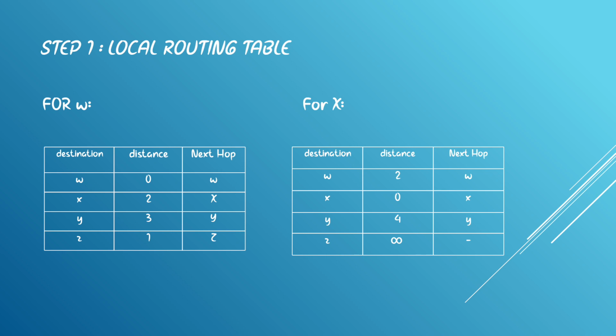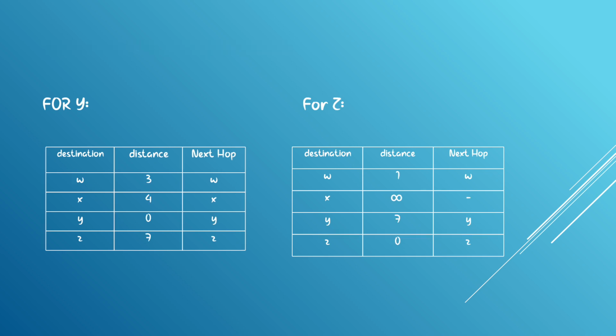For X: X to W distance 2, next hop is W; X to X distance 0, next hop is X; X to Y distance 4, next hop is Y; X to Z distance is infinity and there is no next hop. For Y: Y to W distance is 3, next hop is W; Y to X distance 4, next hop is X; Y to Y distance is 0, next hop is Y;